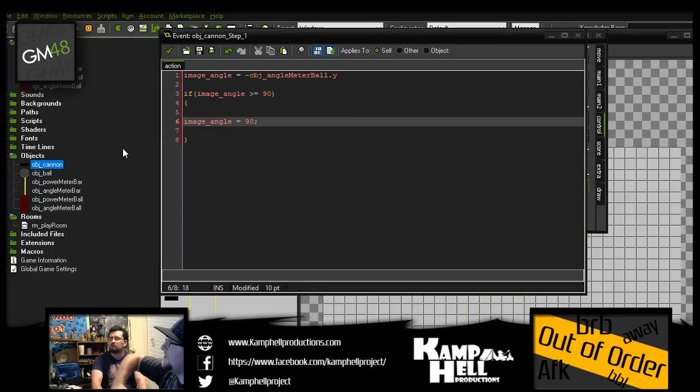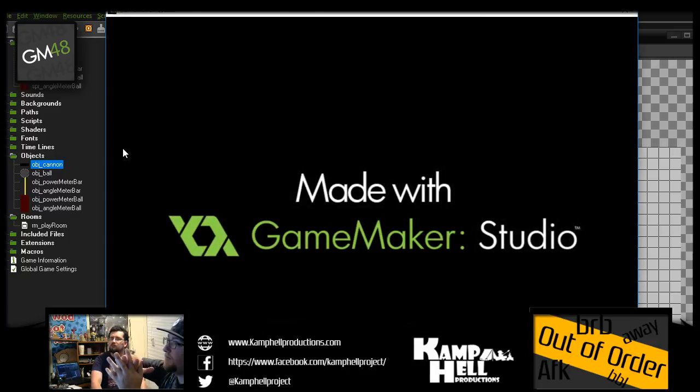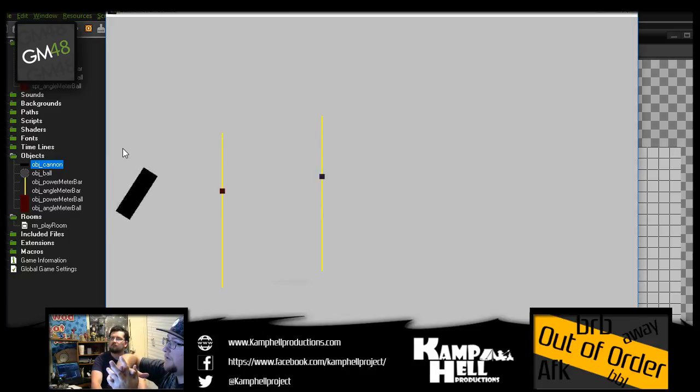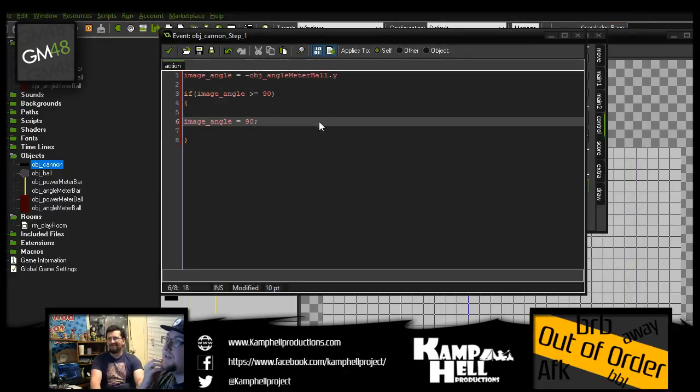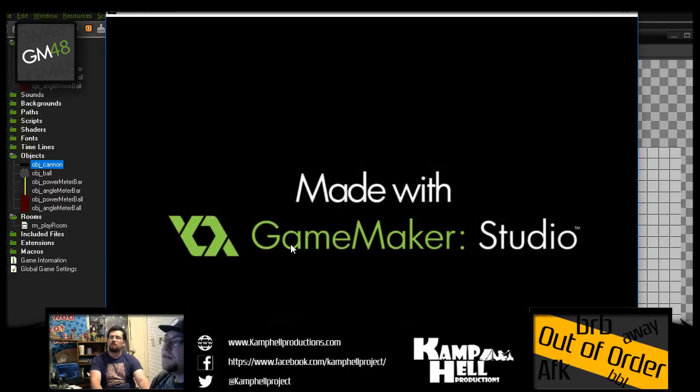It probably won't be 90 degrees because on this side it'd probably be 180, maybe. Okay, so it's not really working. Actually, 90 degrees is up and down. Yes, I want 180 because it goes like 270, 90, 0, 180. I think. So it's pretty much flipped. It's weird how they do it, but